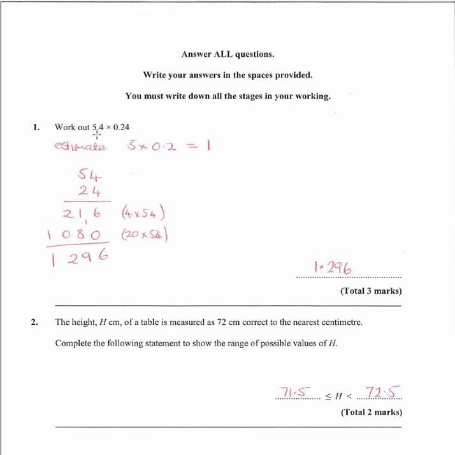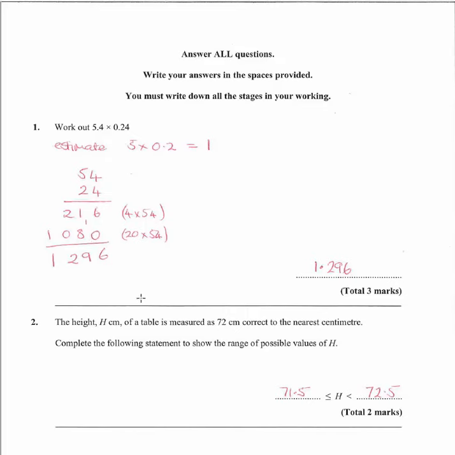Now what the teacher's done here, and what I would recommend you do, is take out the decimal points and just do 54 times 24. It's the way I would do it. You can do it using the grid method, or using a thing called gelosia. Any way you can do it without a calculator is fine. And you get this number,